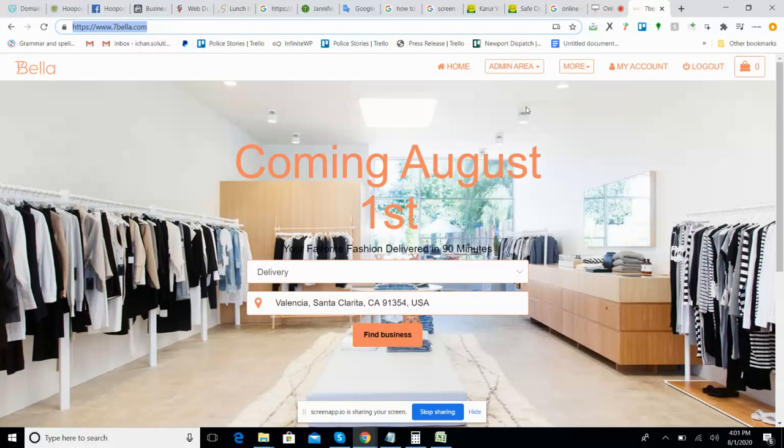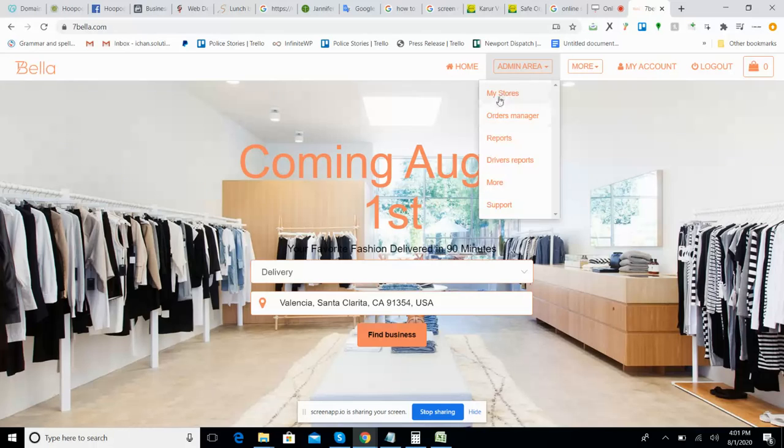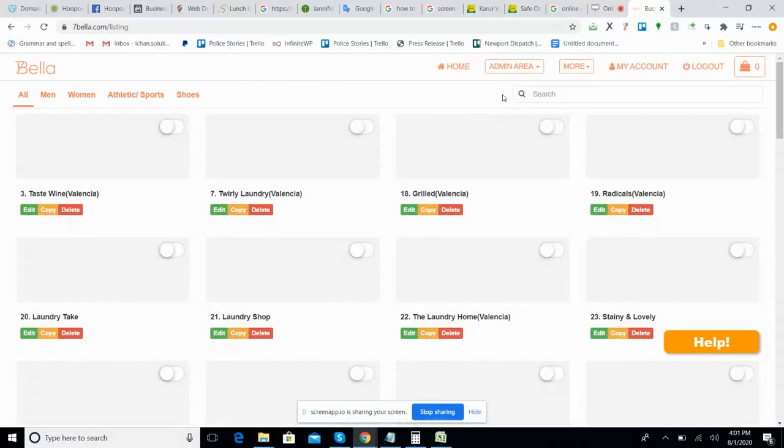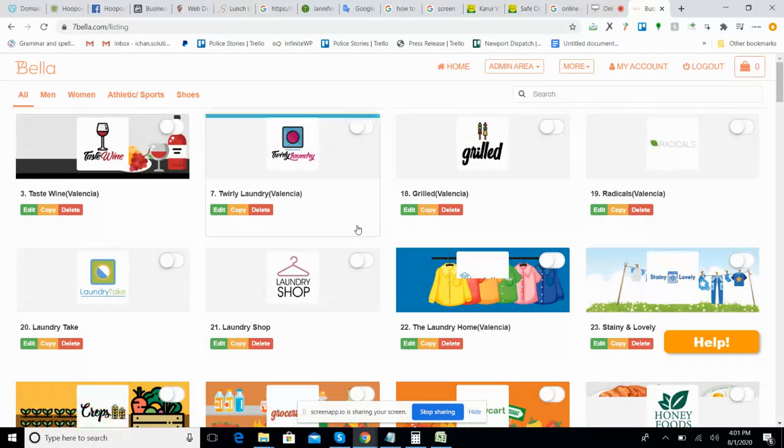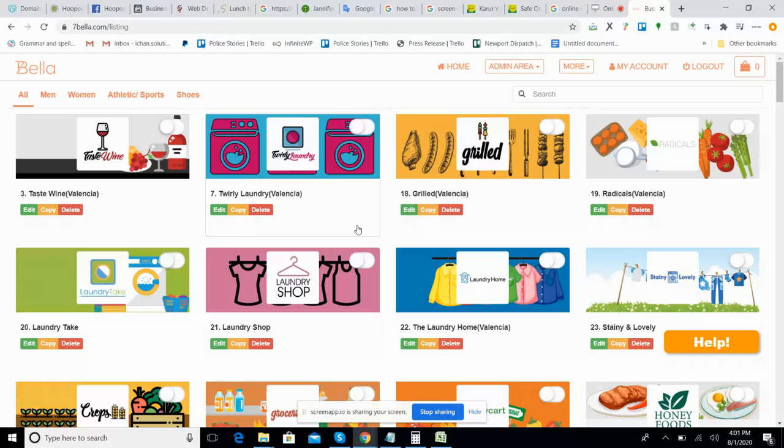Once you log in, you can see the My Store section. Just click My Stores, and there are a lot of stores we have already configured into our platform. Basically, this platform I have configured from scratch from the German platform. Let me explain some basic things, and if you have further technical questions, please write an email and I will give you some assistance.